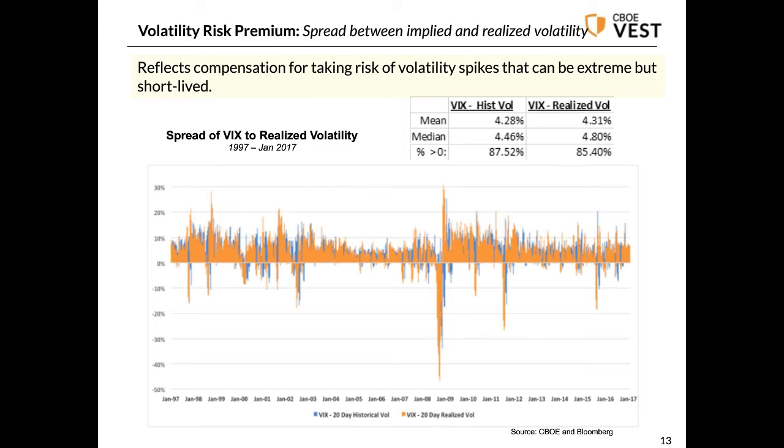Here's another blown up picture of this volatility risk profile. The typical spread between the VIX and actual volatility is about 4% in annualized terms. And this volatility risk premium is positive about 87% of the time. So it's important to appreciate this because what you're going to see as we use some examples of option strategies is that those that are involved with net selling of index options seem to have better return profiles according to conventional measures than those that would involve buying.